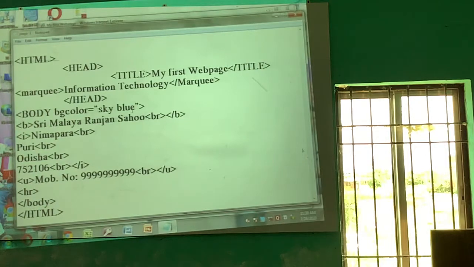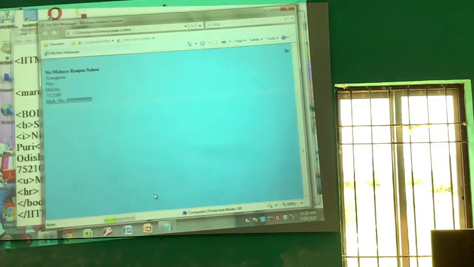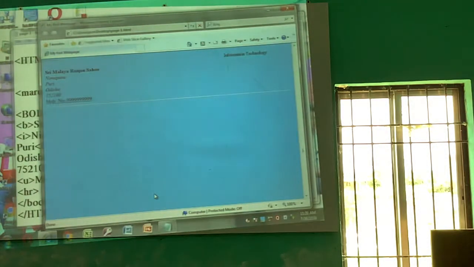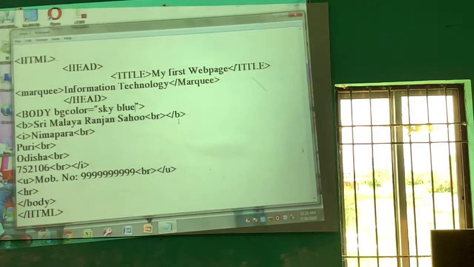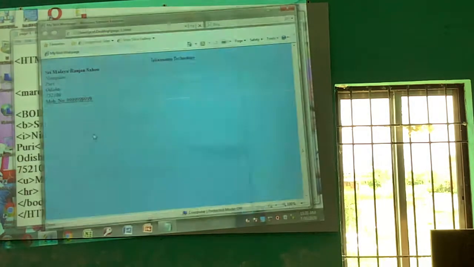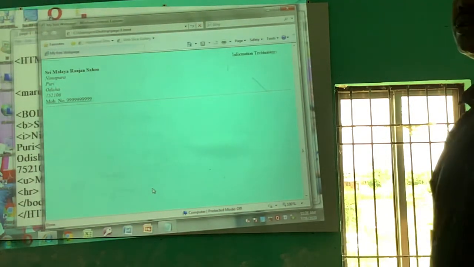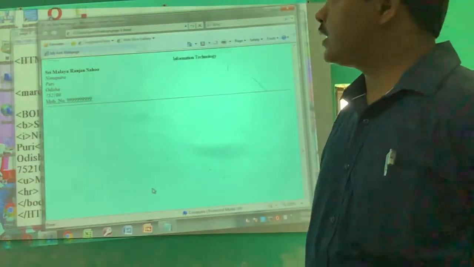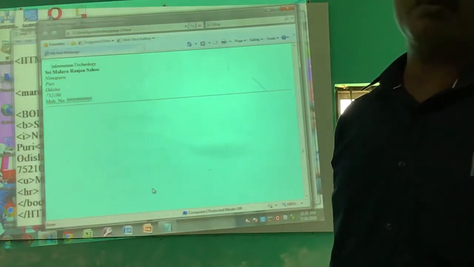This is the attribute and this is the value. This is the sky blue. Okay. This is another one. Cyan. Save it. Then refresh it. So this is the color for writing cyan, as color are BG color attribute's values.